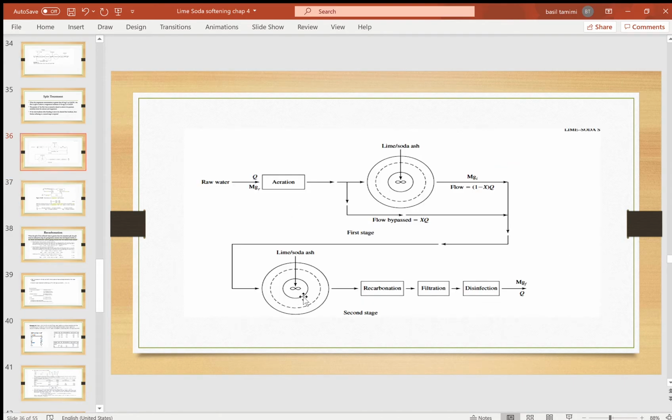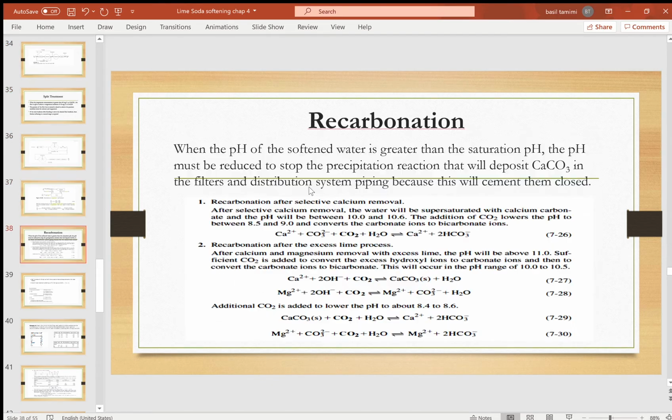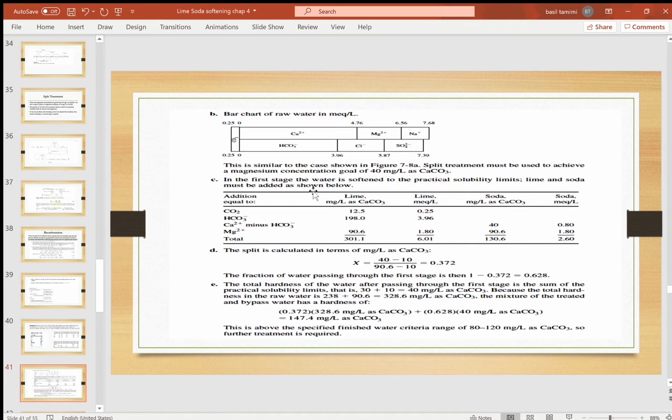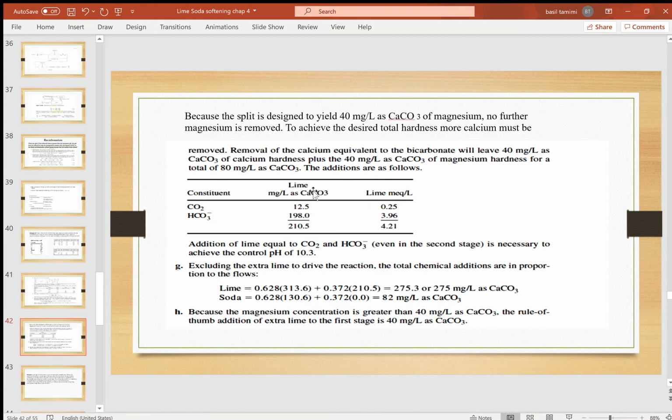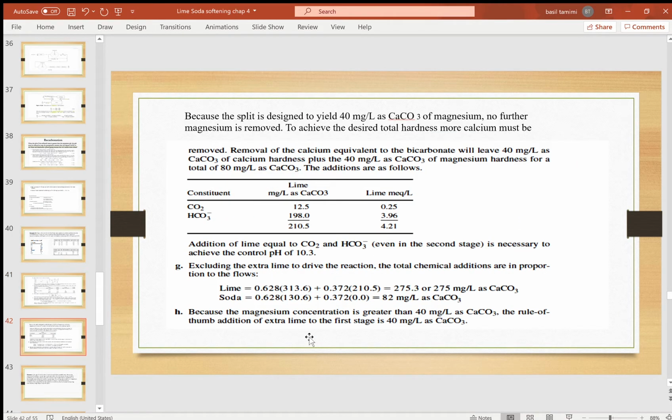If it was, for example, 80, you have to cut this part and you will have something similar to this scenario, only one stage, which is the split treatment. But here, in this example, when we tried the split treatment, we found out that, unfortunately, the final hardness is not fulfilling the requirements. So let's go for further treatment. What to do in the further treatment? Okay, in the second stage of